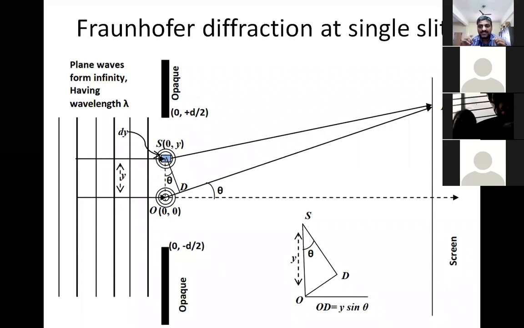I am just recapitulating one thing. If you recall the thin film interference in the previous class, there the film is said to be thin when lambda is comparable to the thickness of the film. So if the thickness of the film is comparable with lambda, you call it thin film interference. And similarly here, for the diffraction case, lambda must be comparable with d. The slit width and lambda must be comparable. Then only you can see the diffraction pattern.